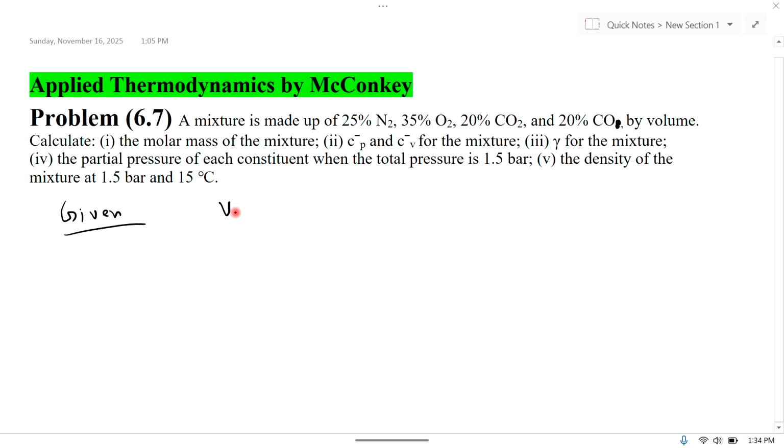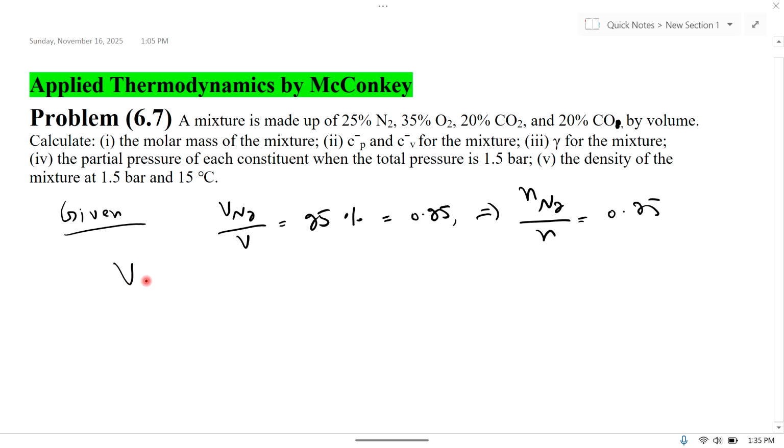volume fraction of nitrogen is equal to 25%, which is equal to 25 by 100, which is equal to 0.25, and we can write this volume fraction as mole fraction. Mole fraction, both are same. Mole fraction of nitrogen is equal to 0.25. Similarly, volume fraction of oxygen is equal to 35%. 35 divided by 100 is equal to 0.35. So we can write volume fraction as mole fraction. Mole fraction of oxygen